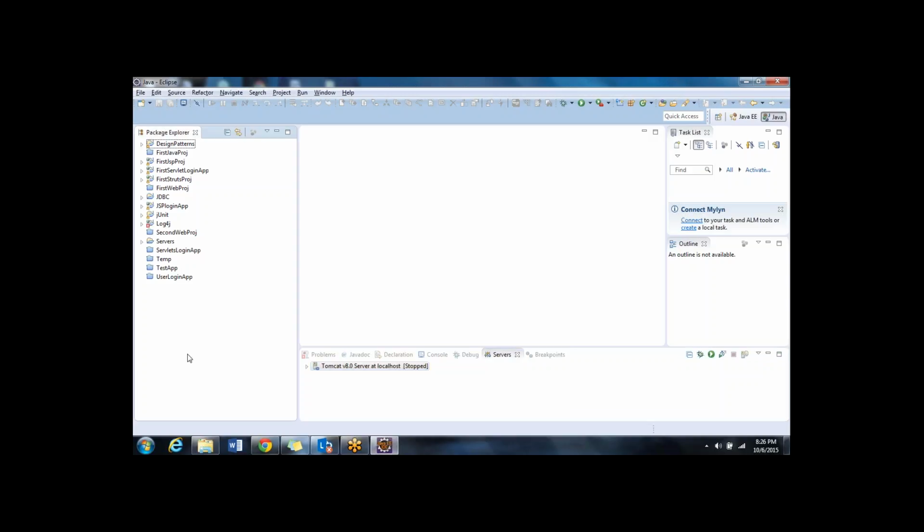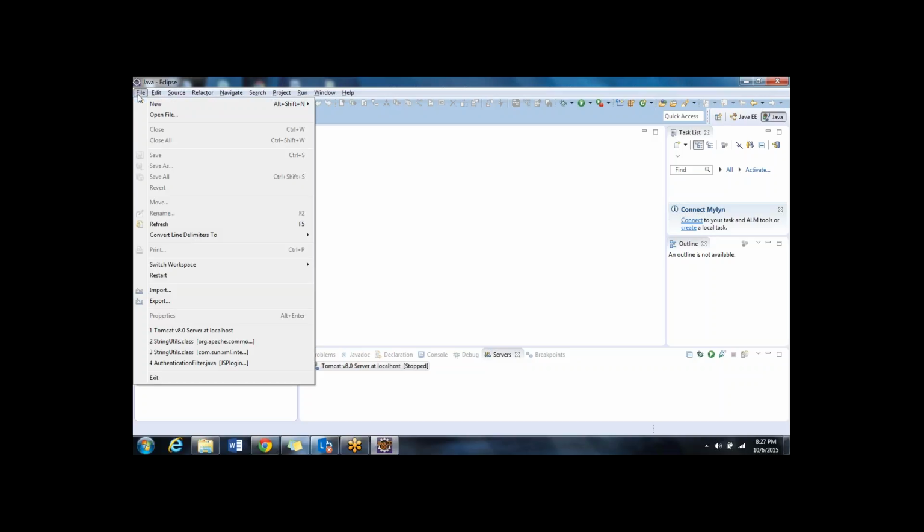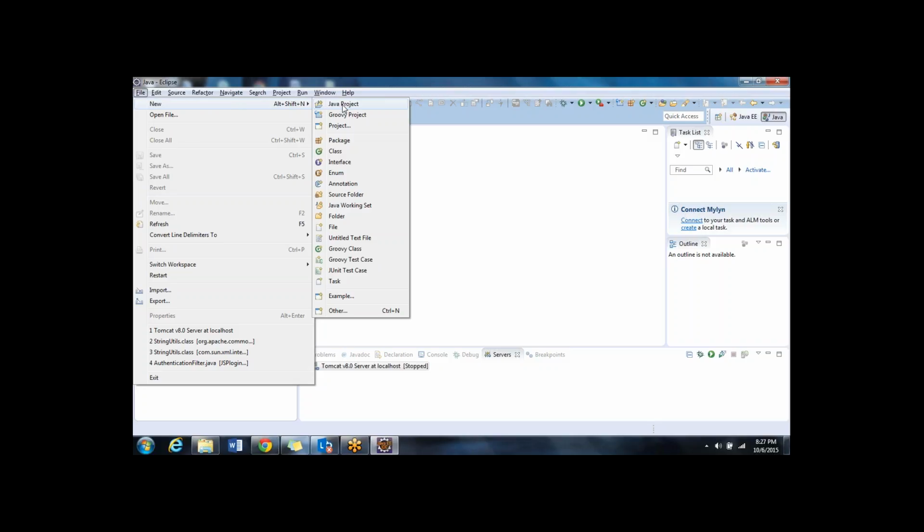So the first and basic concept that we will understand in the first example today is why Spring, or what is the advantage of using Spring over the traditional way of coding that we are doing right away. For that, I'm not going to create a dynamic web project or a Maven project or anything. I'm just going to create a simple Java project and explain some basic features. So I say file, new, just a basic Java project,